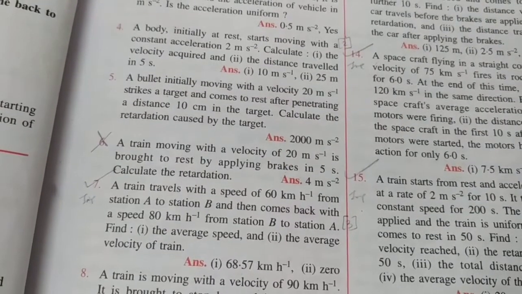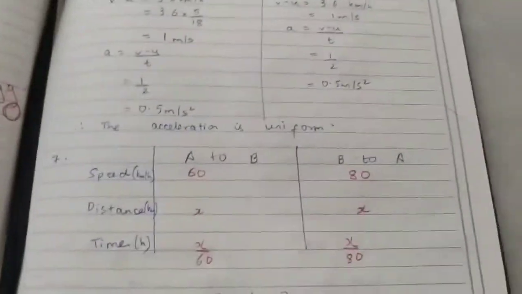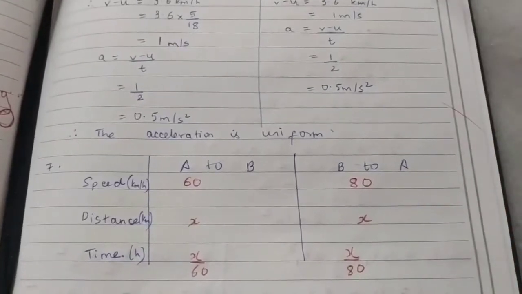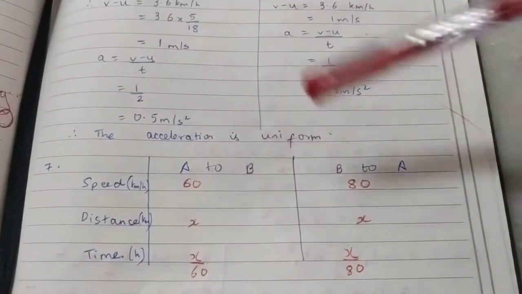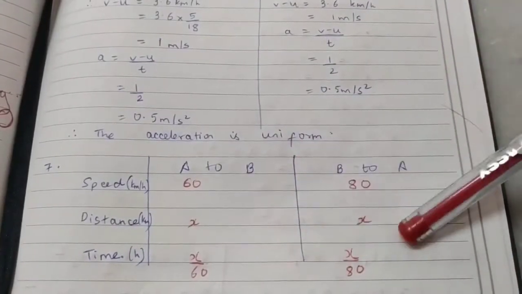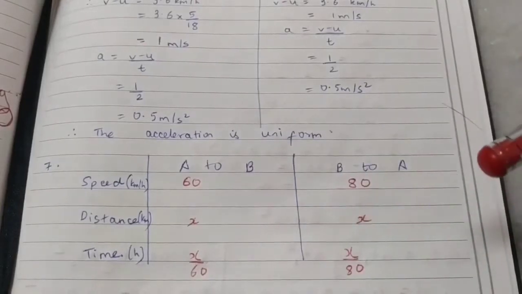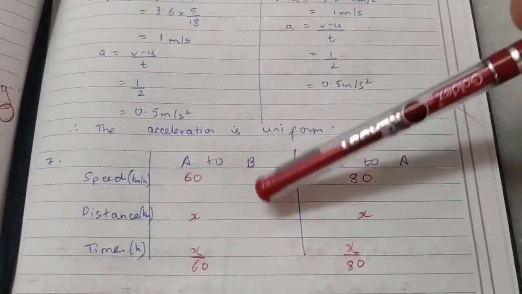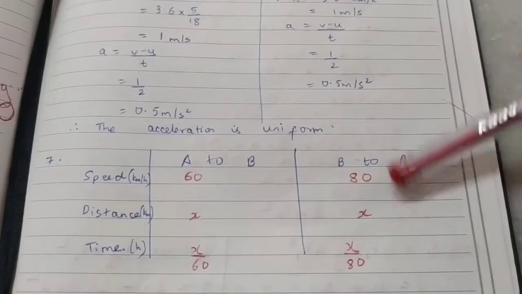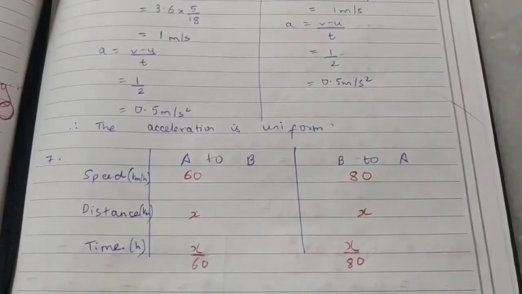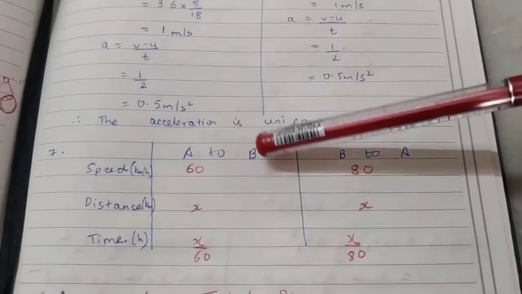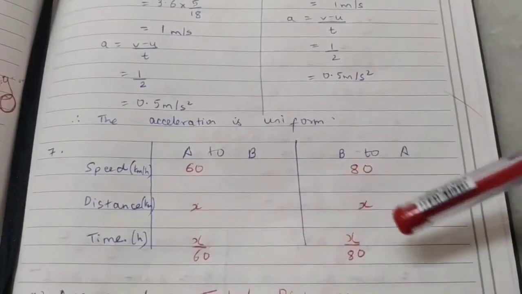What we'll do here is, table method is the easiest method. So A to B speed is 60 kilometers per hour and B to A is 80. Let the distance be x, since the distance will be the same. We should not take distance as 1 because that's an assumption which is not allowed. Now we know the time formula is distance upon speed, so we get the respective times of the two journeys